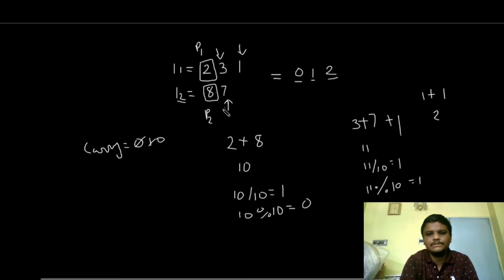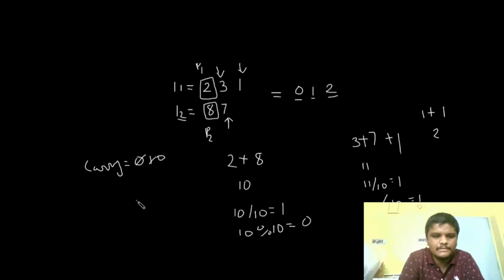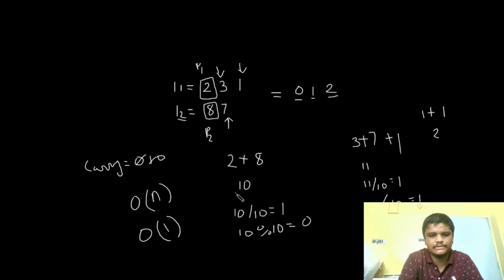Now let's understand the algorithm, or the steps we are going to follow to solve this problem. The time complexity for this algorithm is big O of n, because we are finding the maximum number of nodes in L1 and L2, right? And we are traversing through those nodes. While the space complexity is also big O of 1, because we haven't used any extra space over here, right?